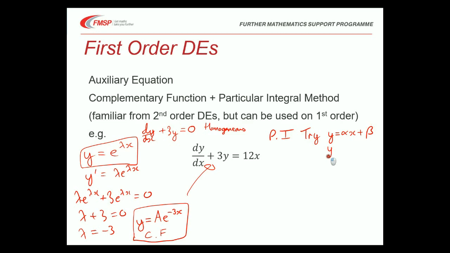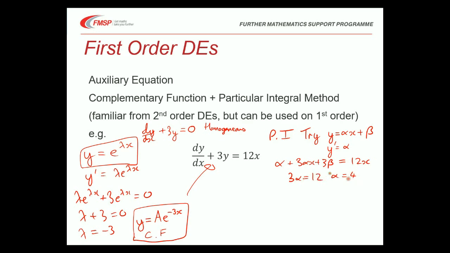If I differentiate this, y dashed is just alpha. And if I put those things into the differential equation, I will get alpha from the y dashed plus 3 times y, which is 3 alpha x plus 3 beta. And for it to work, I need it to equal 12x. And this is nice and easy. I can compare the left and right hand sides. I can see the amount of x's on the left is 3 alpha, the amount of x's on the right is 12. This is a process called comparing coefficients, but I can immediately say that 3 alpha must be 12,